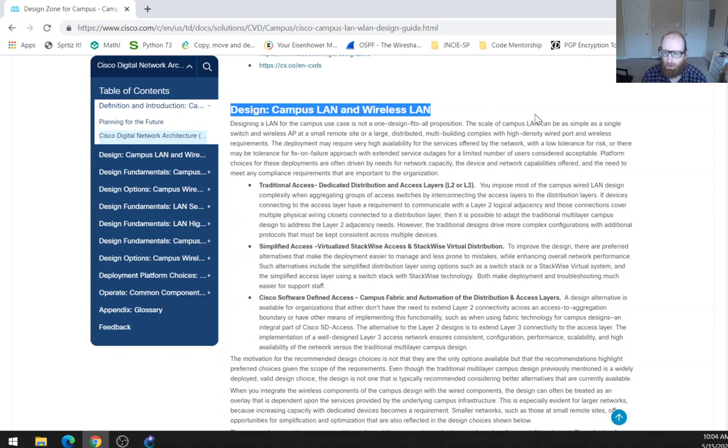Both make deployment and troubleshooting much easier for support staff. So traditional access is the one I've seen the most, but simplified access sounds like something interesting to look into as well. The final platform choice